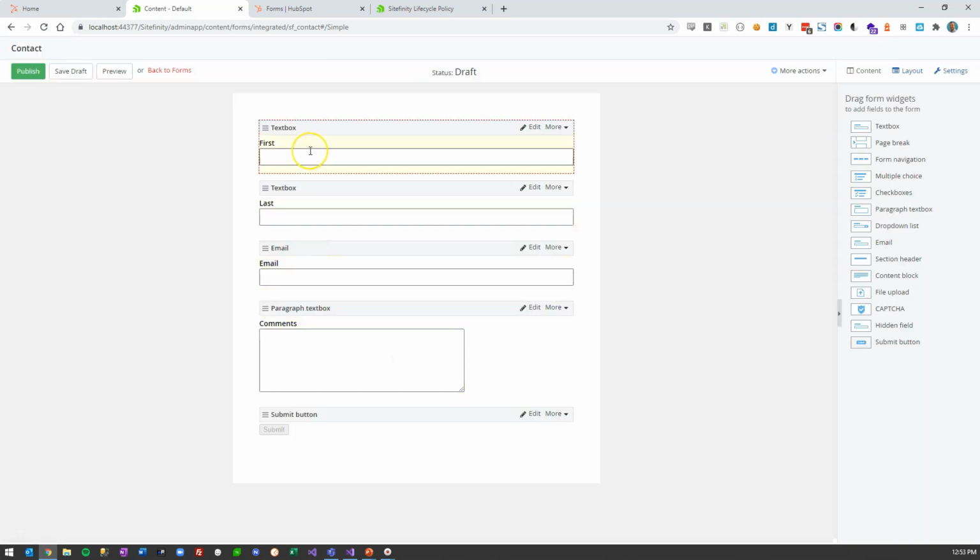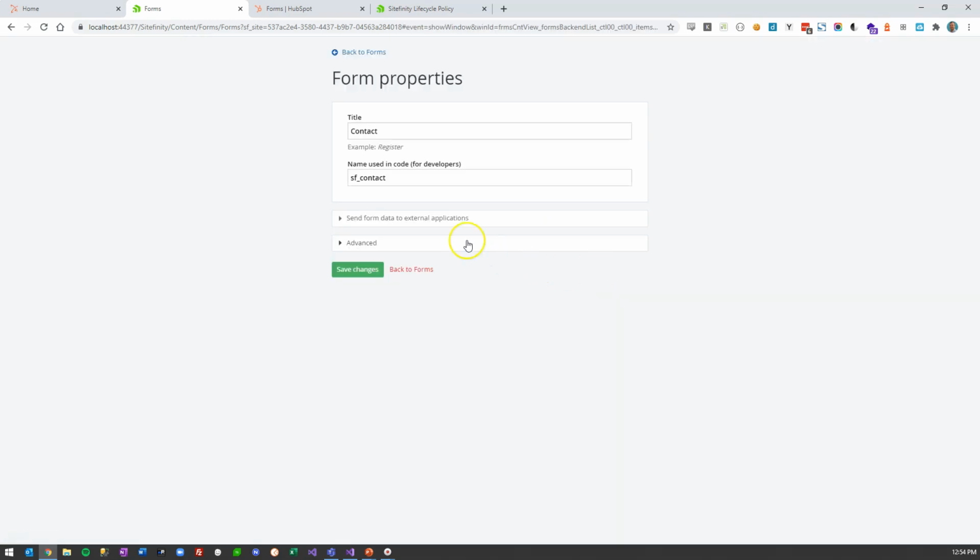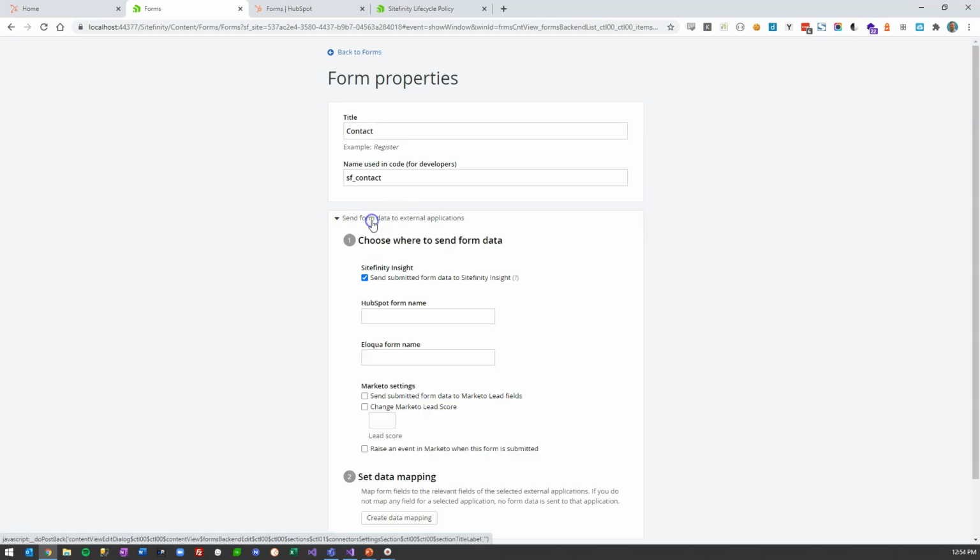And we could take the time to make these required or add any other kind of validation, but for this purpose, all we need to do is create the form, make sure the form fields are there. We're going to publish that form. And then to connect this form over to the existing HubSpot form, we need to take another step, and that's under Actions, Properties. And if we expand this section called Send Form Data to External Applications,